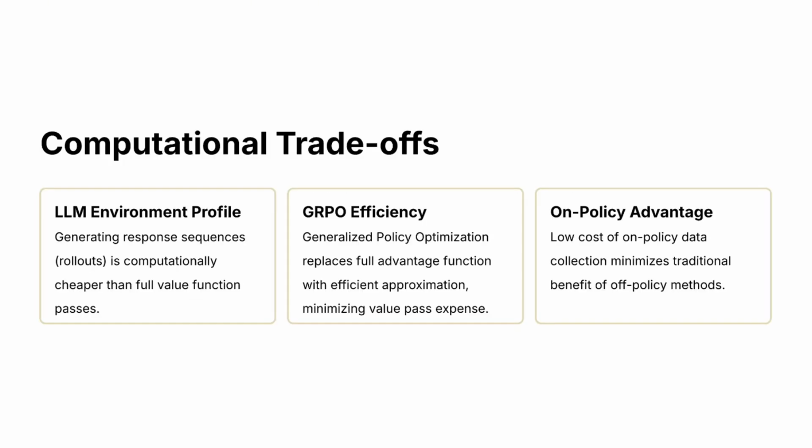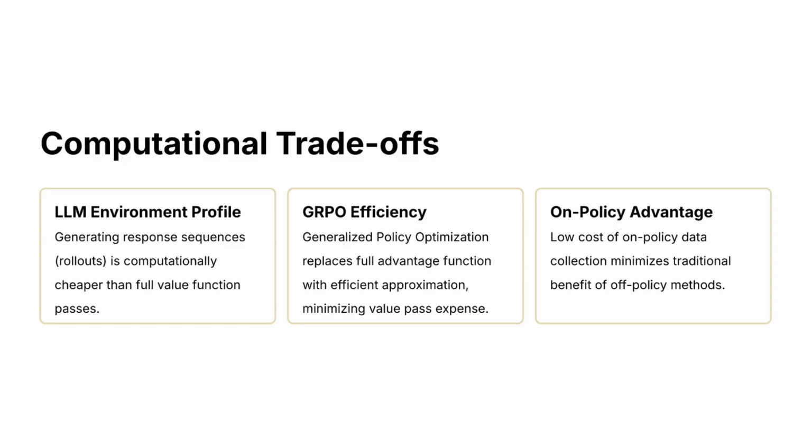In terms of computation, we all know that when training large language models with reinforcement learning, computational efficiency becomes a major consideration. The environment these models operate in, the LLM environment profile, is quite different from the traditional RL setting. Generating text sequences, or rollouts, is relatively inexpensive compared to running full value function passes, which can be very